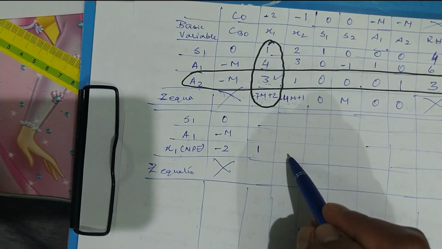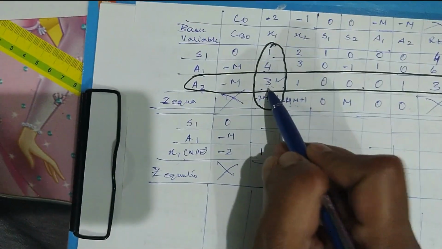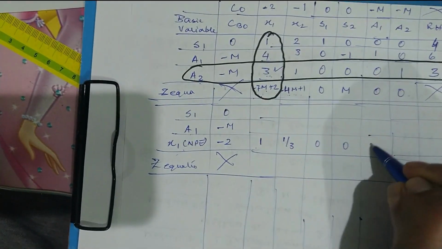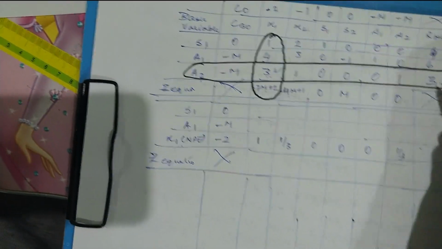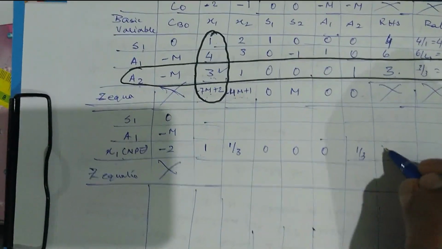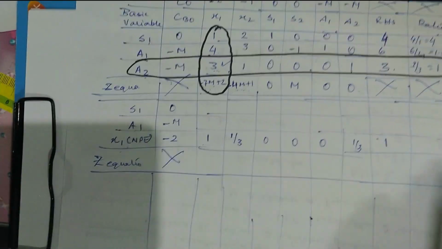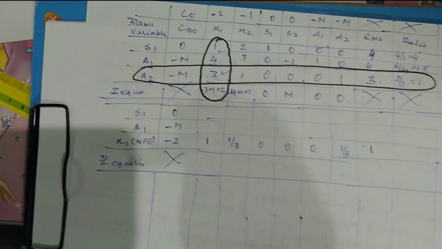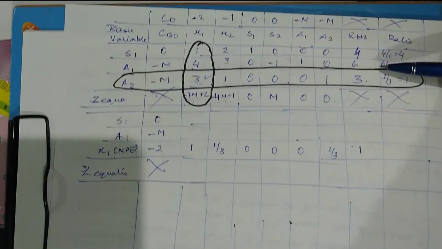The old element in this particular position of the previous table is 1, the key element is 3, so the value becomes 1 divided by 3. This becomes 0, 0, 0, 1 divided by 3, and RHS is 3 in the previous table and the key element is 3, so 3 divided by 3 will give you 1. So we have now been able to fill up those cells of the new pivot element row. When we get into the subsequent tables from one to the next, apart from the first table, the rest of the tables